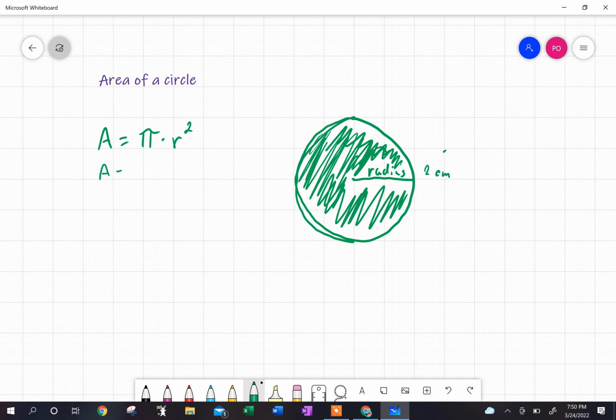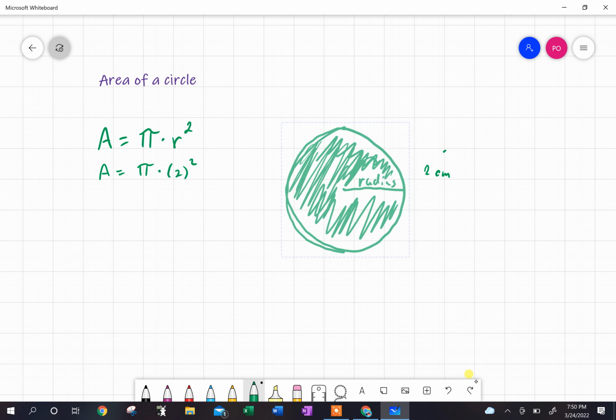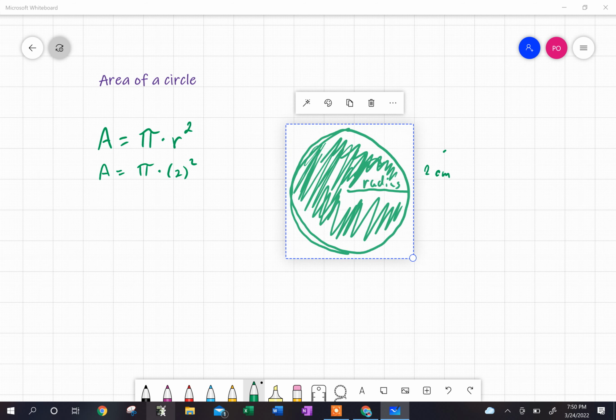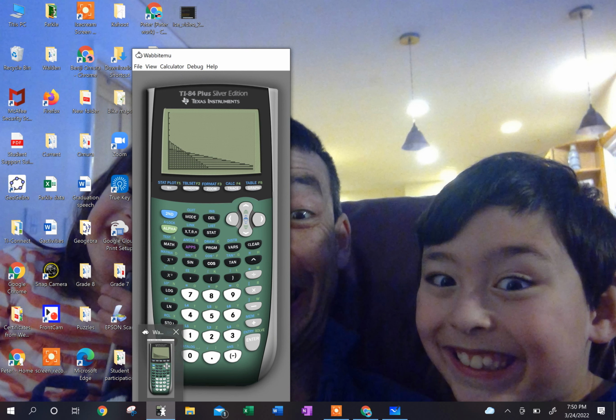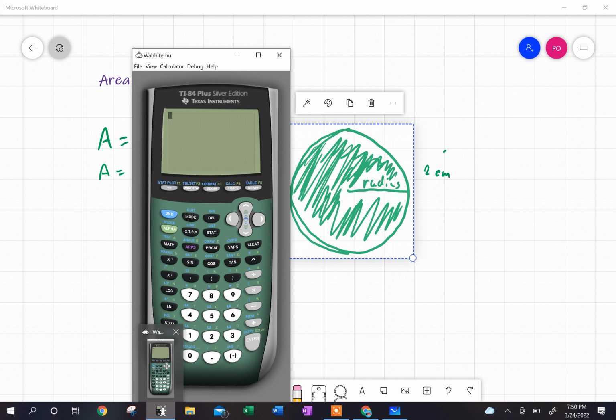So area equals pi times 2 squared. And I'm going to tell you, whenever you do an equation with a formula, always start with the formula. Now, I'm going to show you how to do this on your calculator. Your calculator has a pi button, then you do times 2, and then there's a little x squared button there. If you don't use the x squared button,